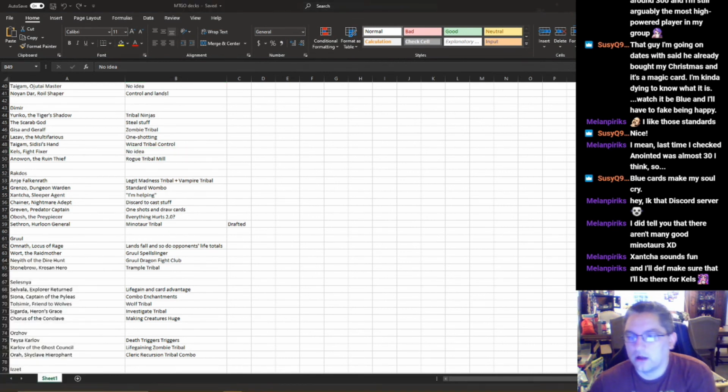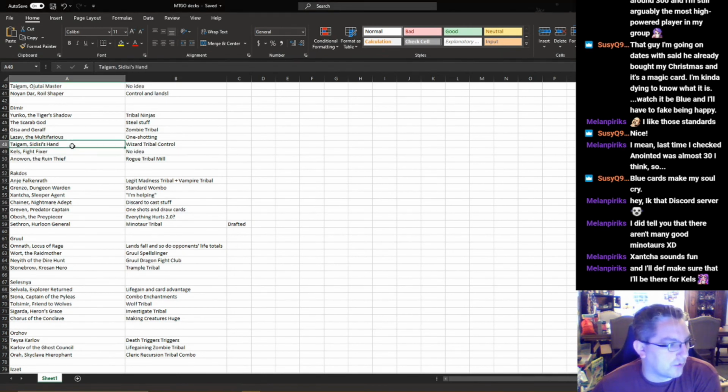Get rid of you for now. So I'm nervous about making some of these. This one, I've played this deck before. This is one of the ones that I've played before, and I love this deck. It